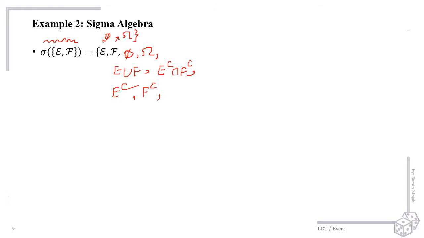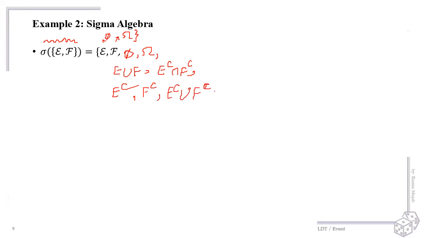Let's consider an example. The left side of this equality is a sigma algebra. I'll explain this notation later. We want to complete the right side such that this is a sigma algebra too. If this is phi and this is omega, then we can close the brackets and it's the trivial sigma algebra. However, let's consider the general case. We must have phi and omega here, the union of these two, and the complement of these two. Also, we should have the complement of each of these sets and their union,